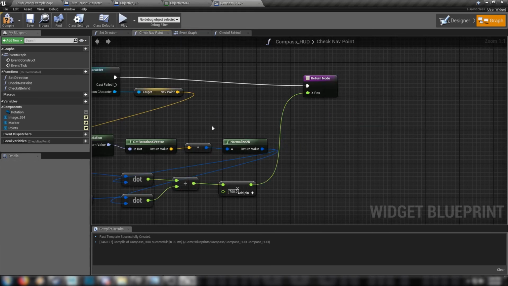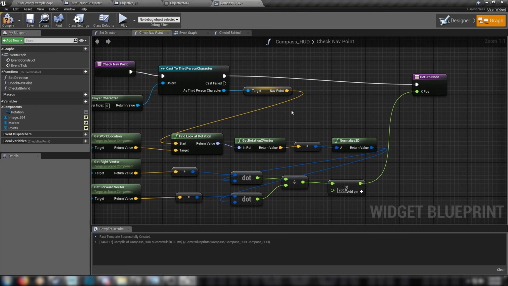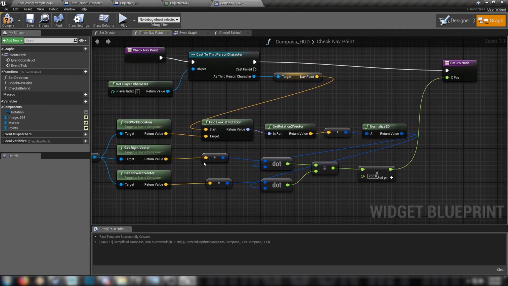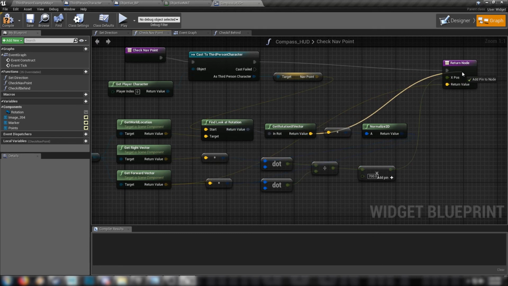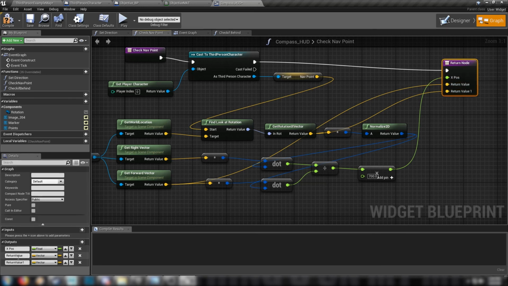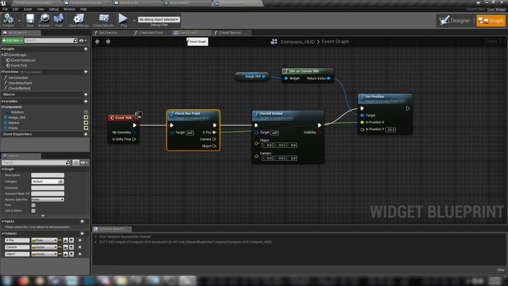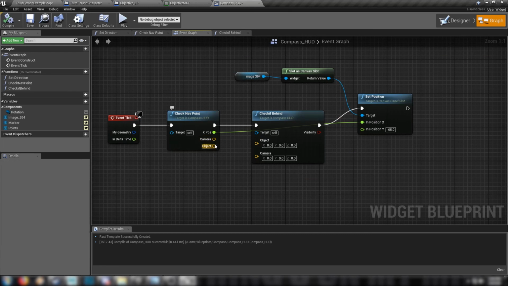So go back to our check nav point function, and we'll need the result of our forward vector from the camera, and we'll also need the result from this rotation x vector from the object. So drag them both onto the return node, and we'll name them so that we know what we're dealing with. Camera and object. Man, I am having trouble spelling today. So that's with object and camera. So we're getting those out of our return node, and now they've appeared when we call the function, and we can hook them up in our check if behind